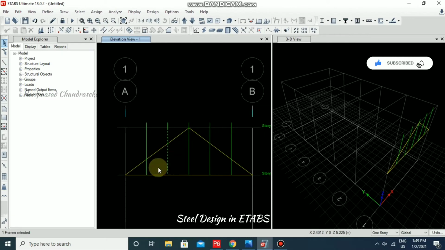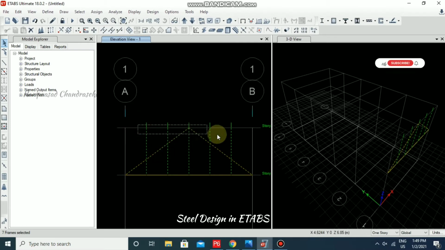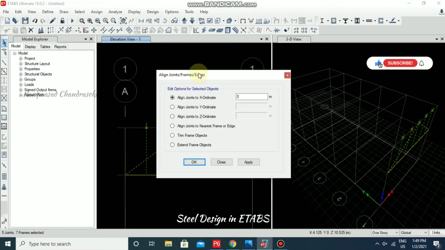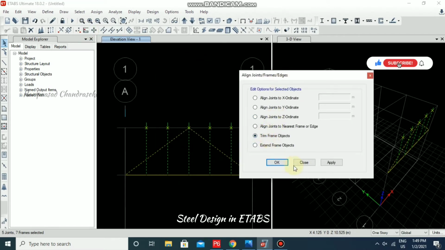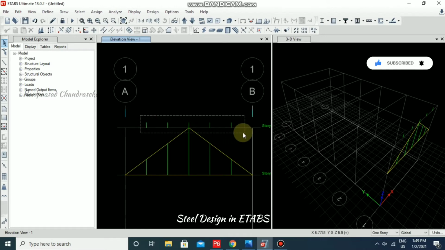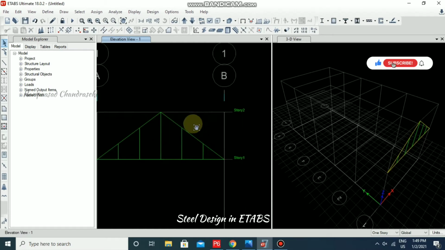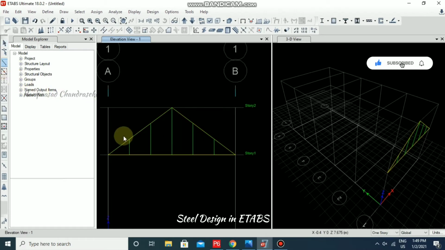So what you can do means select everything, and then select this also, and then the points over here. So you can go for this option. There you also have trim, and then you just go for OK. So it is not showing any preview, just apply. Once you apply it will trim you. Once apply, you will get the trimmed portion, and then you can delete the unwanted portions. Now we completed.